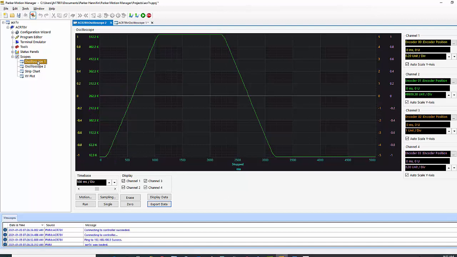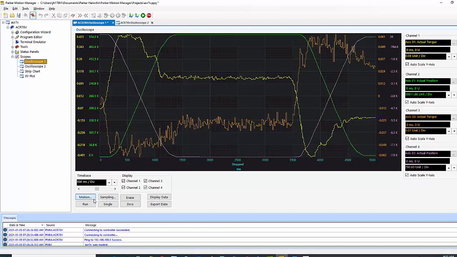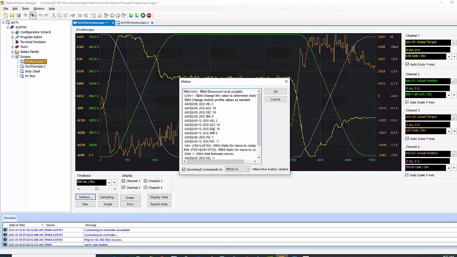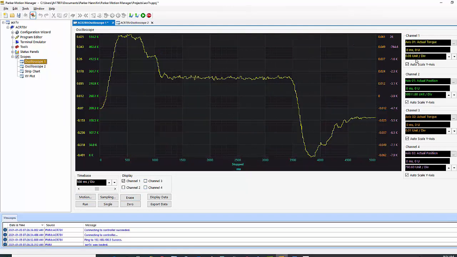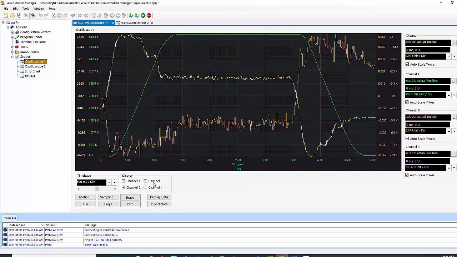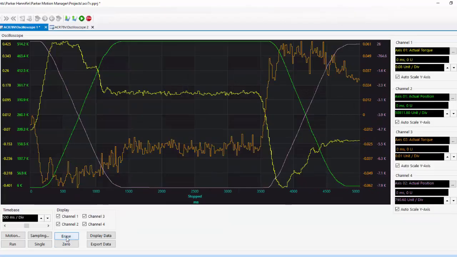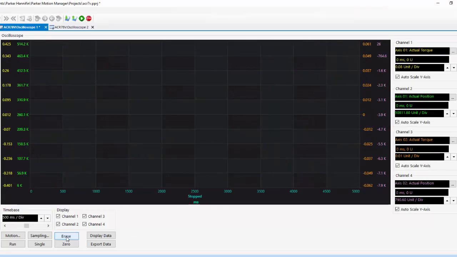And on scope 1, I've adjusted my motion code. I'm actually doing axis 1 and axis 2. So then here's the 4-channel scopes. I've got the actual position and actual torque for axis 1, actual torque for axis 2, and then actual position for axis 2. We can erase the graph by clicking erase, and then if we want to run again,